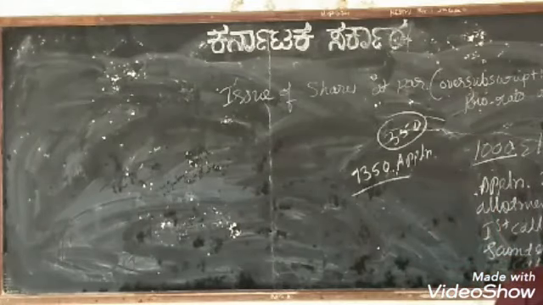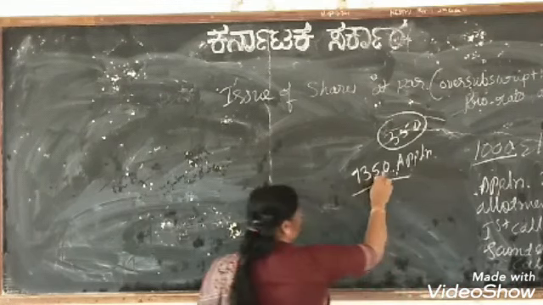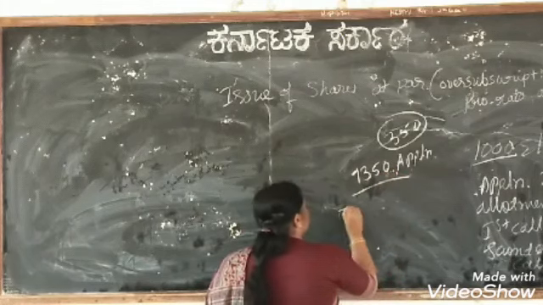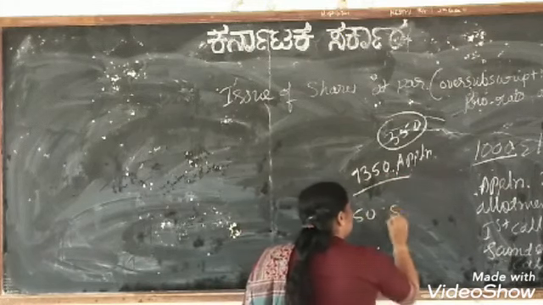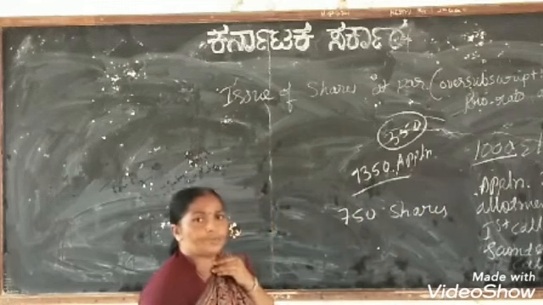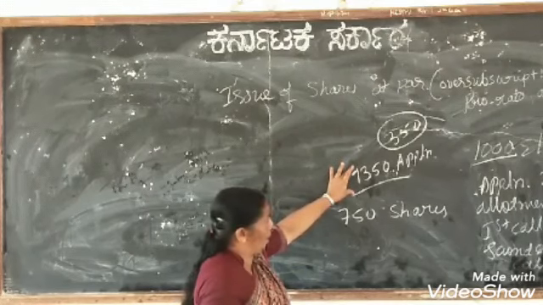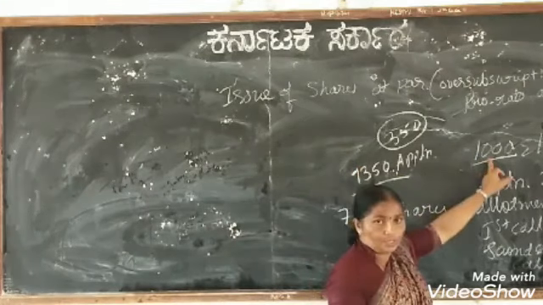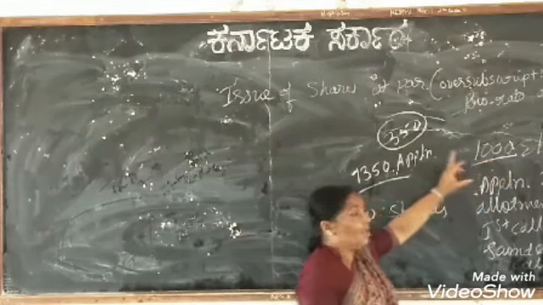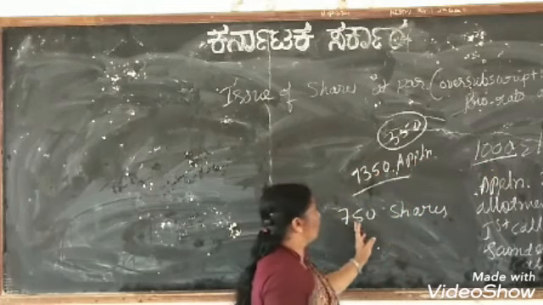So this is how it is done. It is given in the problem. Allotment in full, 750 shares were allotted. See here, out of 1,350 applications, 750 shares were allotted in full. We have received 1,350 applications, but we have to issue only 1,000 equity shares. That's why out of 1,350 shares, 750 shares